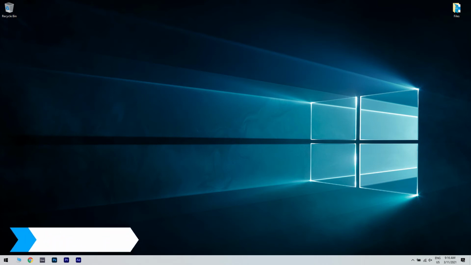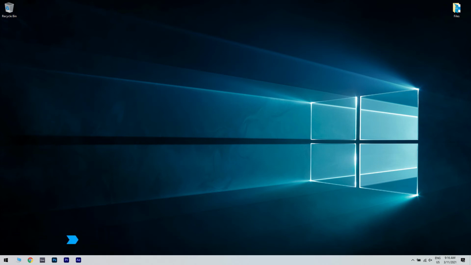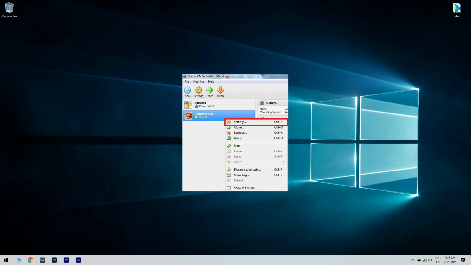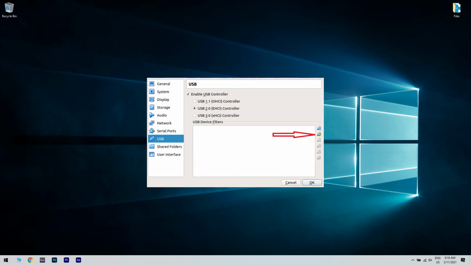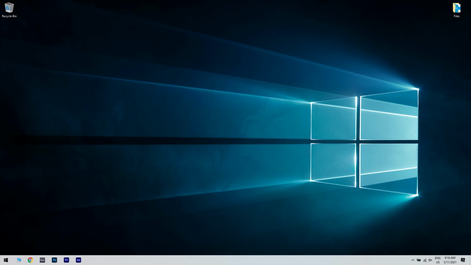And lastly, you can also try activating the USB support. Open VirtualBox and right-click on the virtual machine that needs USB access. Next, click on Settings. Locate USB in the VM window and click on it. The USB should appear as available. Click on the plus button located under the USB device filter to add a new device. And that's all you have to do. When you start the virtual machine, it should now have access to the USB.